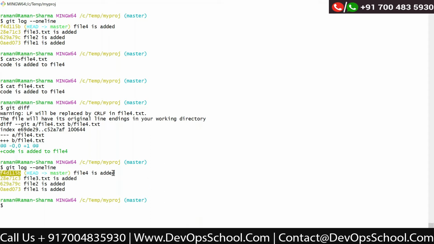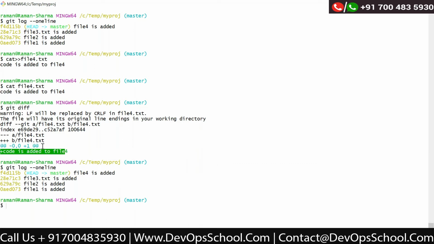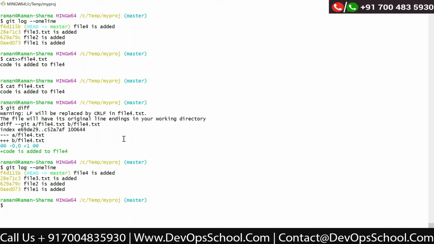I did not commit so far, so that is why it is comparing this commit ID with the current change. So it is saying that file 4 is having one extra line, which is not present in my previous commit, and it is saying what that is: code is added to the file. Okay, I am fine with that.